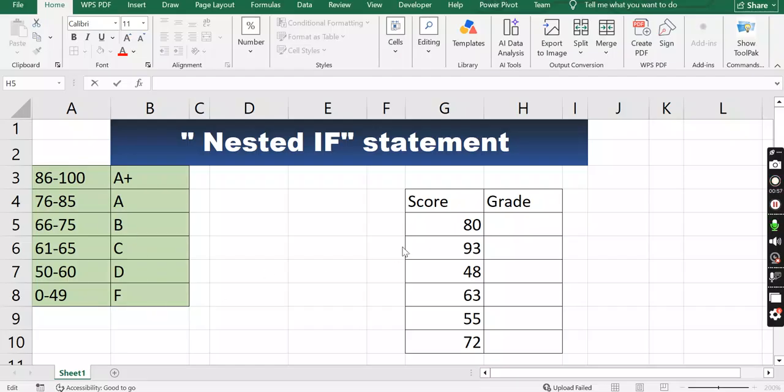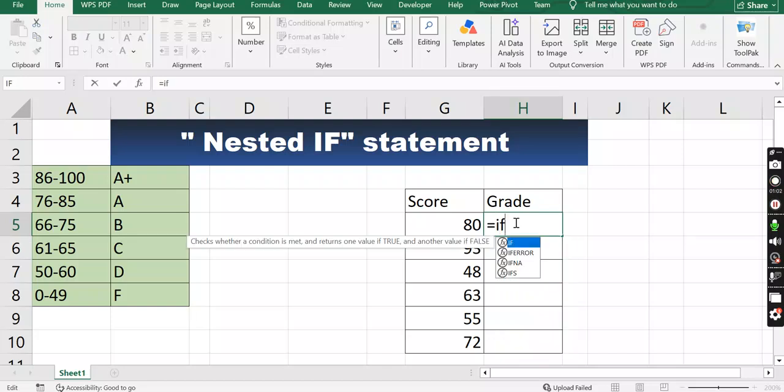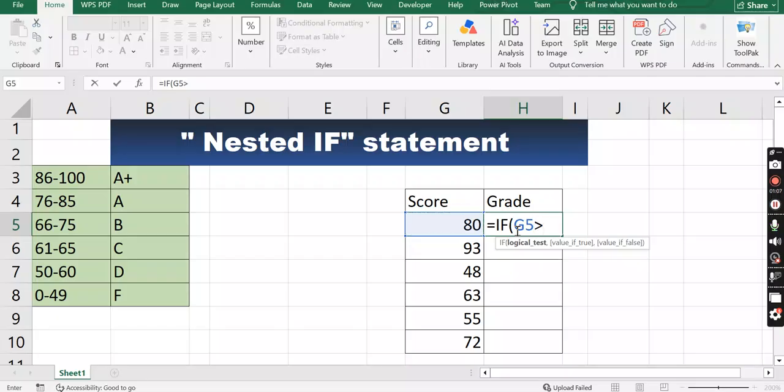These are my criteria. These are things I want. I'm just going to come here and write my formula: equals if. So I'm saying that if this score here is greater than 85, I'm going to do it from up to down, or you can also go from down to up. Why 85? Because when we are dealing with whole numbers, the next number that comes after 85 is 86, right? So if G5 is greater than 85, that means we are starting from 86 to 100. Then what do you return? Return A plus,